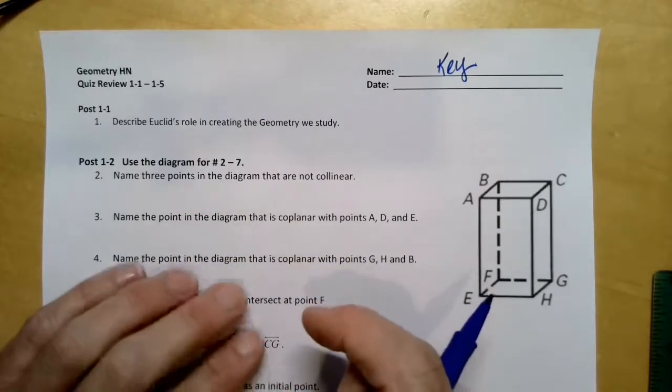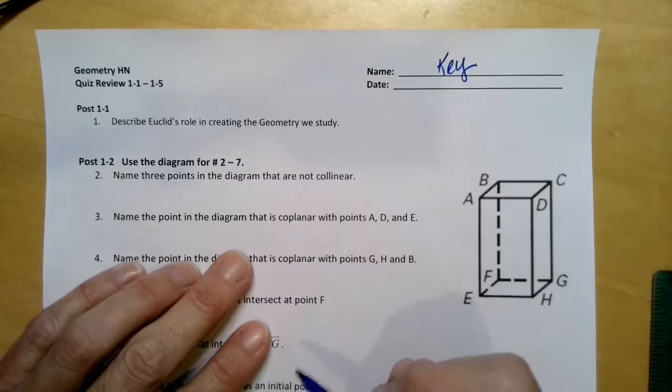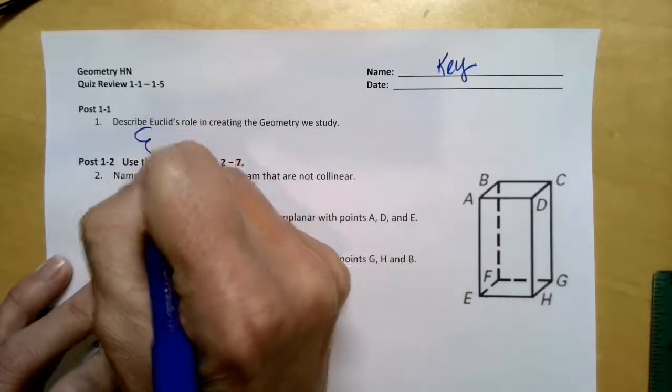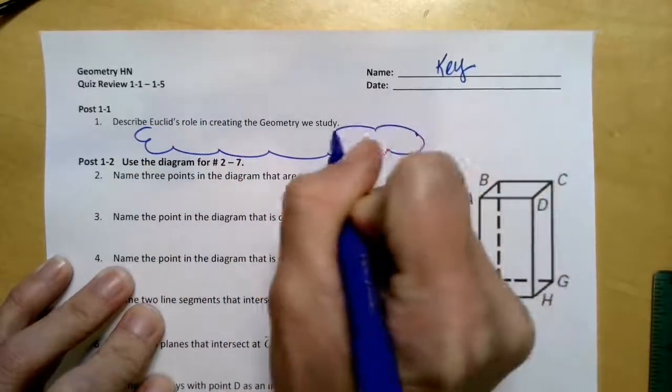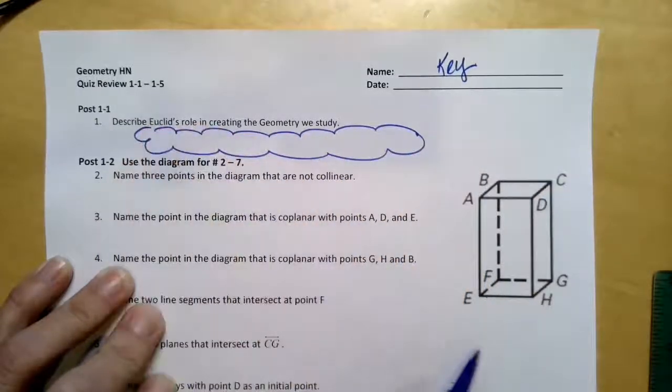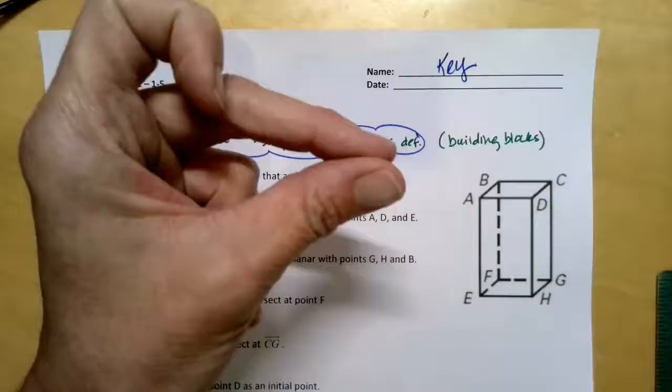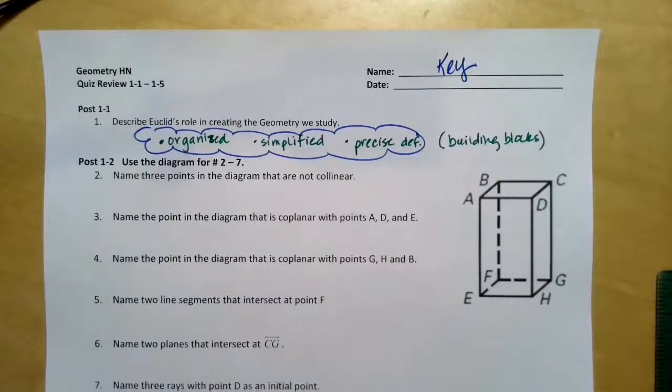Describe Euclid's role in creating the geometry we study. So this is a thinking question. So I want you to pause the video and I want you to add your thoughts in the bubble. Here's my answers. So what Euclid did was he organized work that already existed before him. He simplified everyone's very academic, language-filled ideas, and then he came up with precise definitions that he used as the